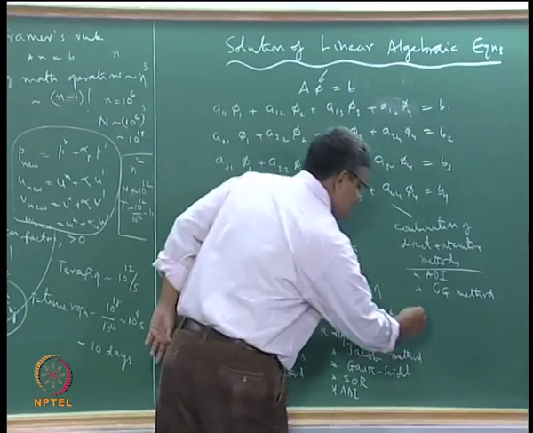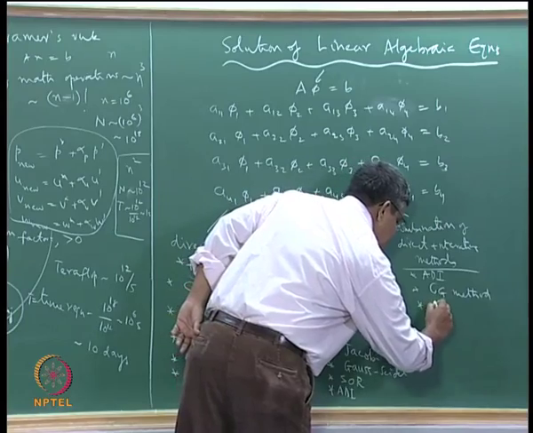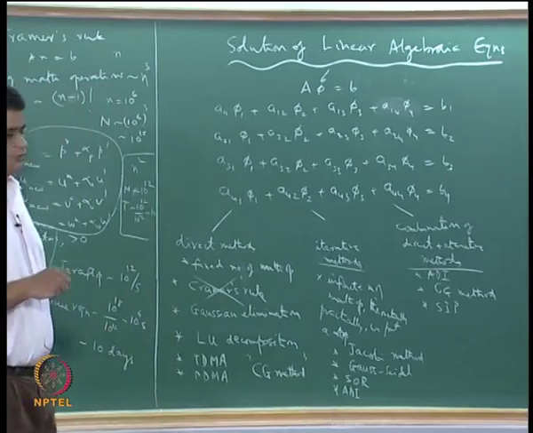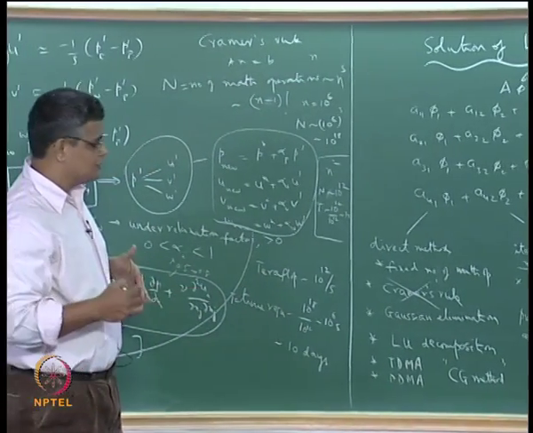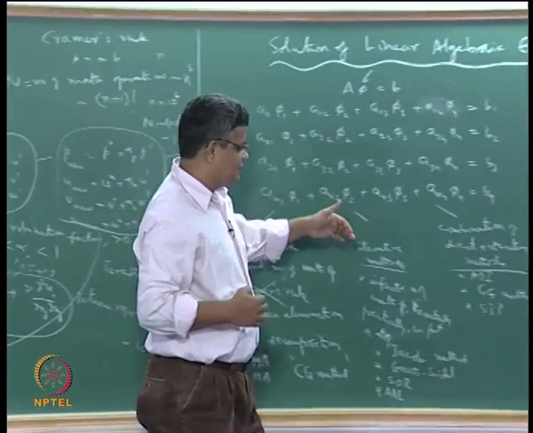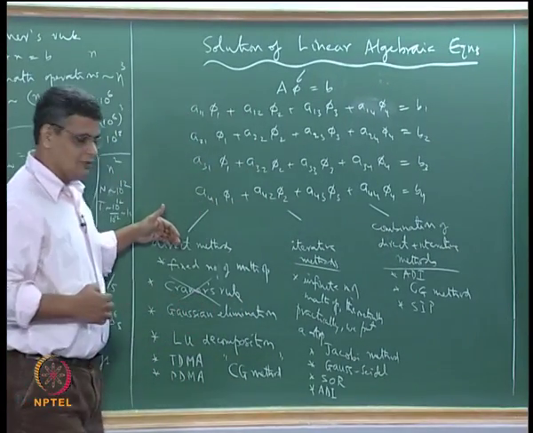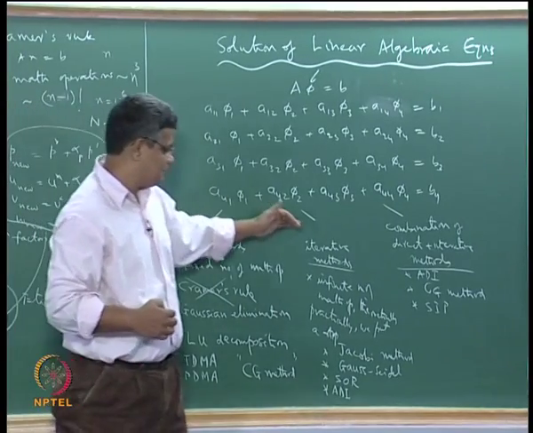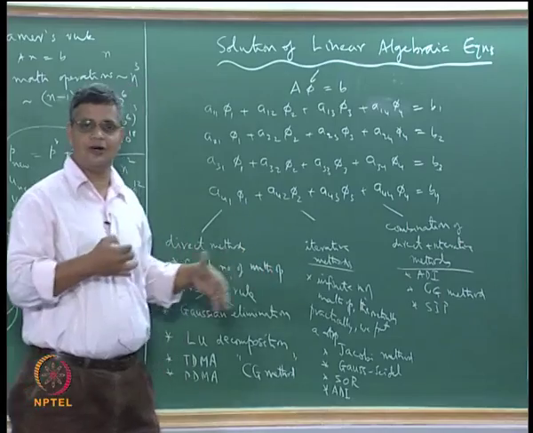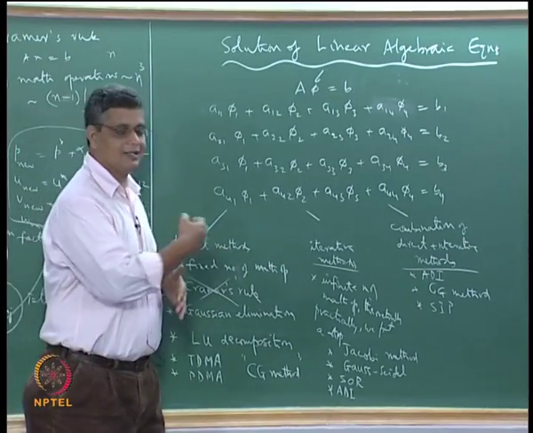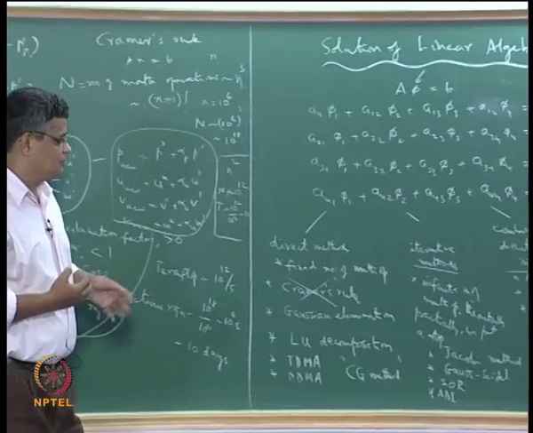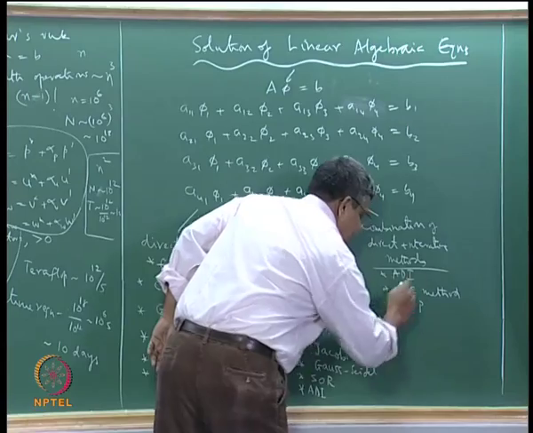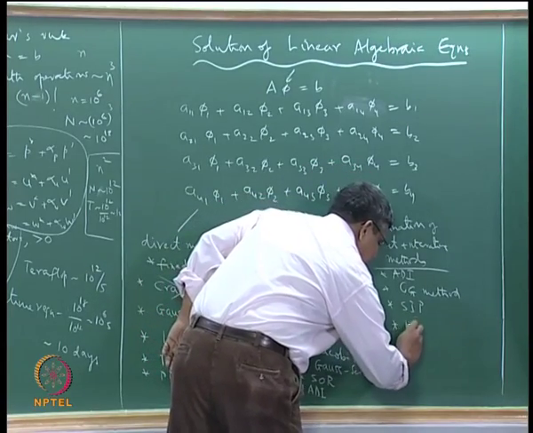So conjugate gradient method, and then we have some combination methods like the strongly implicit procedure and its variants, where we try to take the advantage of specific features of the direct methods and specific features of the iterative methods to come up with a combination algorithm which is better than both of these. We have already mentioned conjugate gradient here. A multigrid method,